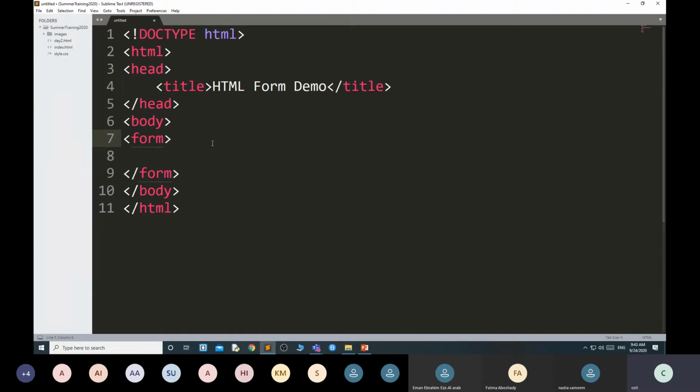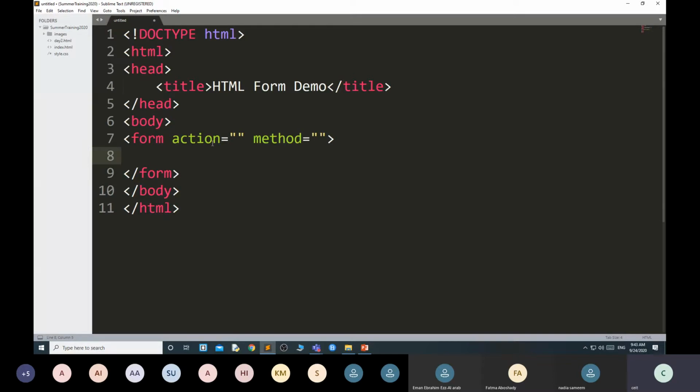This form tag has two attributes. One is action and the other is method. What are action and method attributes? When you create a form, you are collecting the user information like name, phone number, date of birth, email ID.